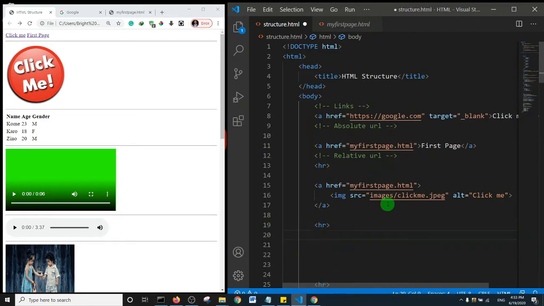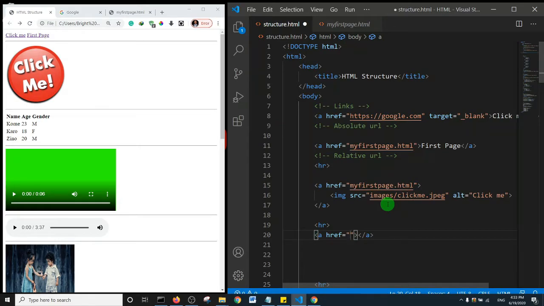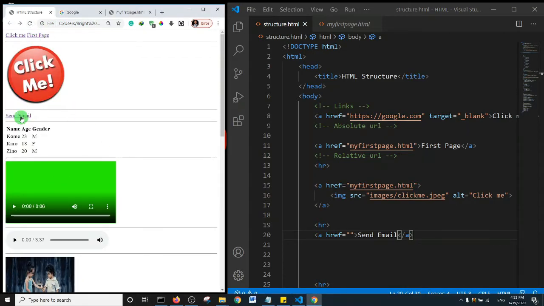The next thing I'm going to show you is how to have a send email link that actually opens up an email. Okay, so same as before, we have our link tag, so a tag, and I'm going to say send email. Let me just save this and refresh the page. Basically we have send email here at the bottom just below the image. Send email doesn't do anything yet because we've not